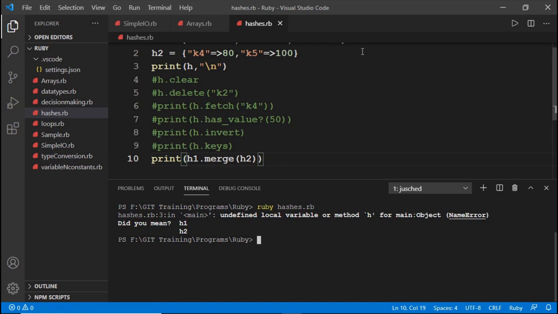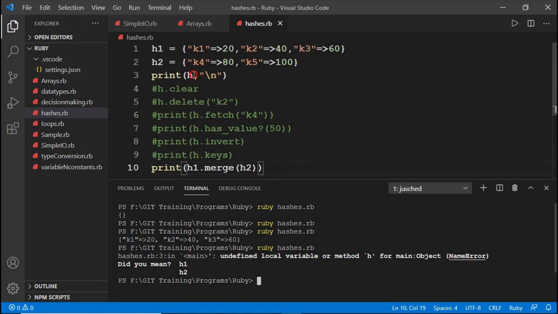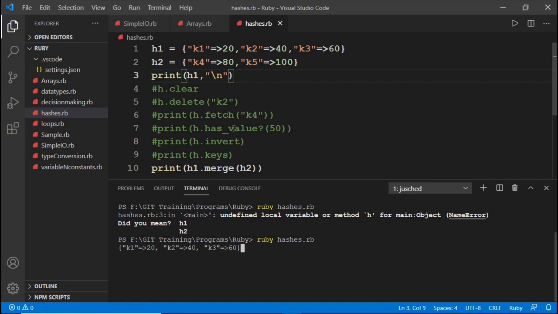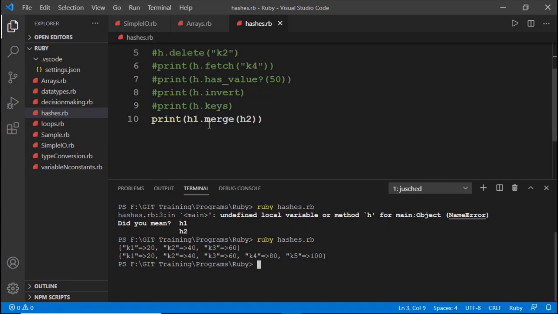Oops, sorry, there is a naming error, here you are going to print h1, right? See, our print is going to return the merge of h1 and h2 as a new hash.